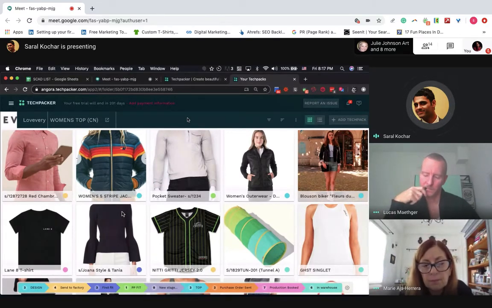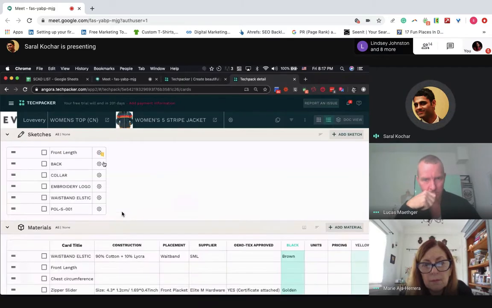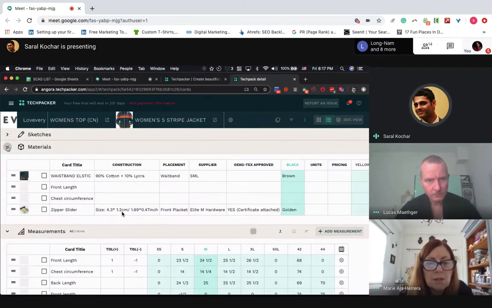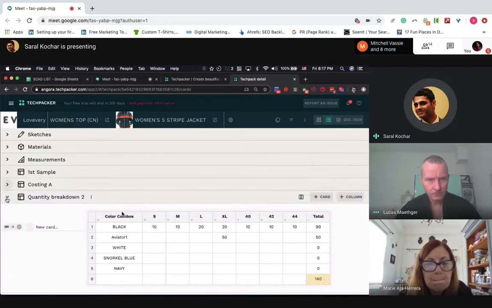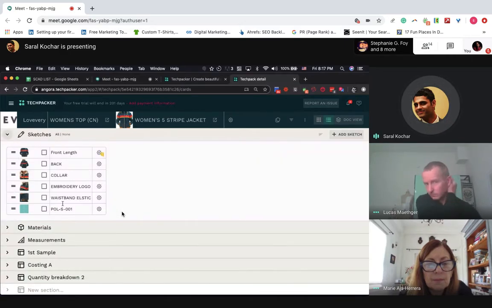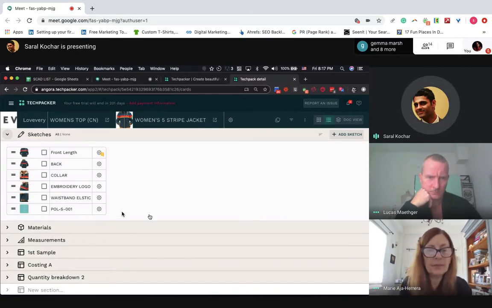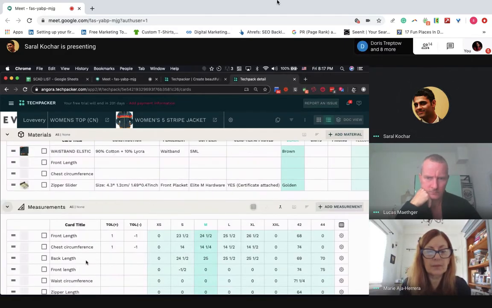Okay, sure. Let's jump into this woman's 5-stripe jacket that I have here. All right, so each style is divided into 3 major parts, which are sketches, materials, and then measurements. And then you have other sections. Don't get confused by these sections right now. You can avoid those. Let's just focus on these 3. In sketches, as the name suggests, it's all design details. Materials is all your bills of material. So all of those would appear here. And measurements is all your points of measurement. Now, with sketches,